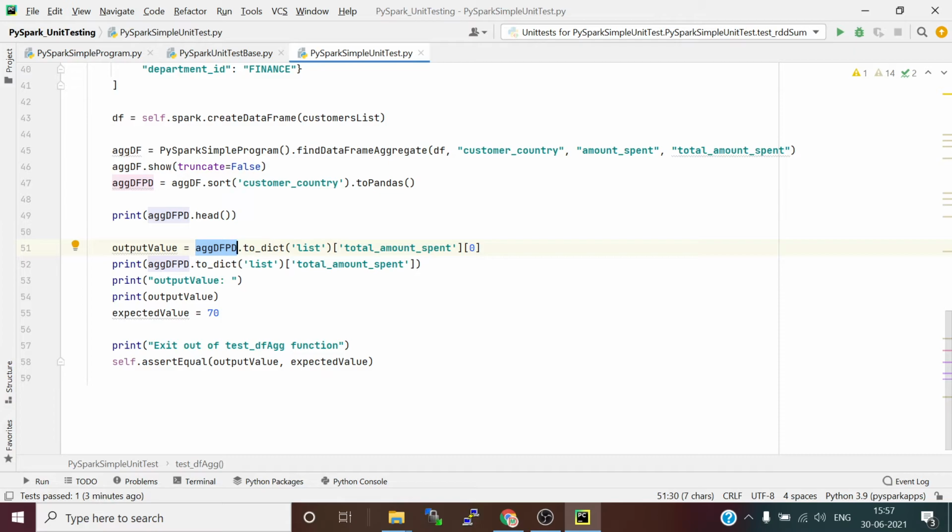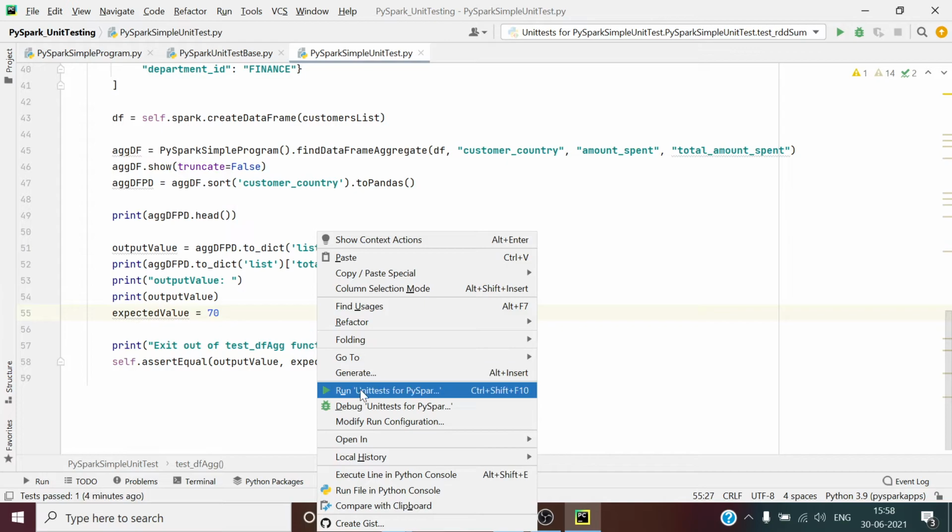So you get total amount spent as a list of values. In that, I am taking the first value, which is the total amount spent for the India country, and I am going to compare it with 70. And finally we say self.assertEqual. So it will first do the aggregate, take India's customers' total amount spent, and compare it with 70.